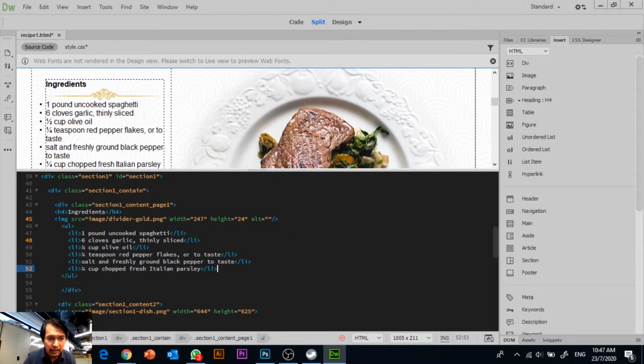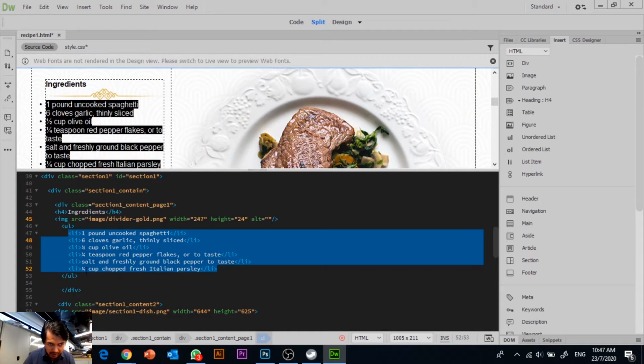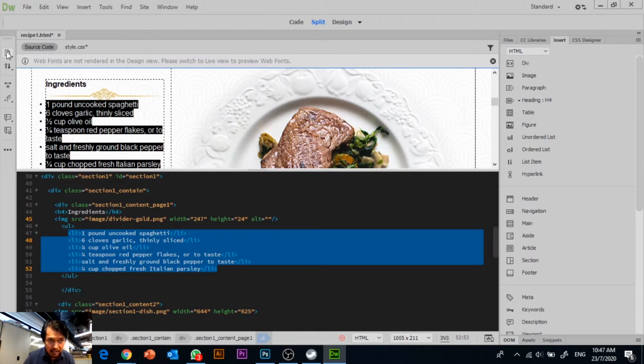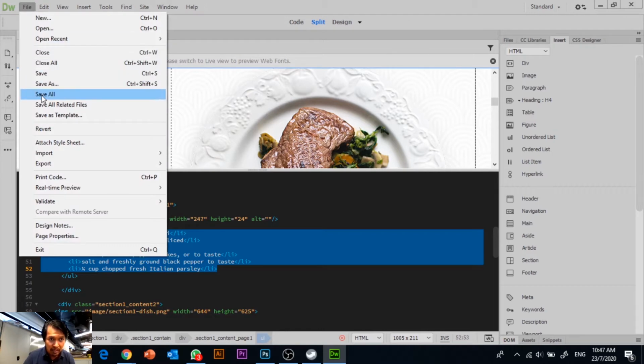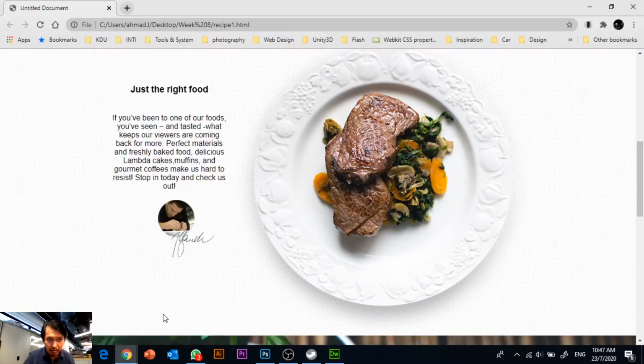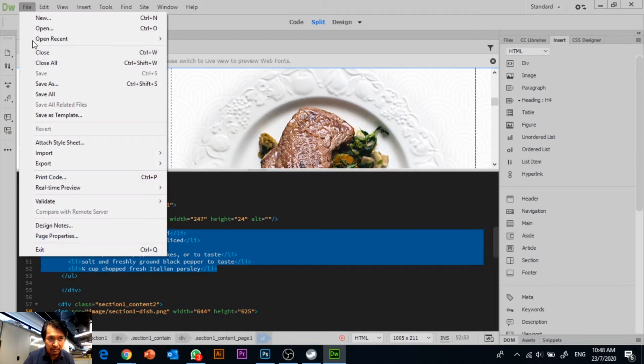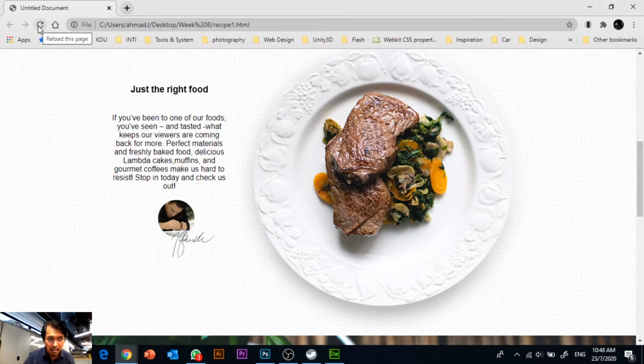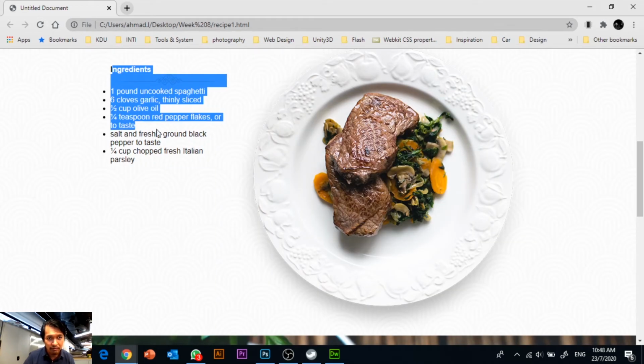Okay, now you already have inputted all the lists accordingly. Okay, the last list would be a quarter cup of chopped fresh Italian parsley. Okay, so we preview our file, save all. So from here, click save file, save all to preview your file. So from here, reload. Okay, so you have your ingredients